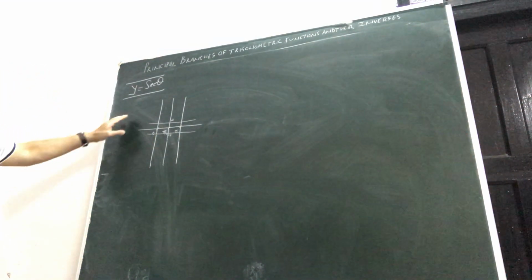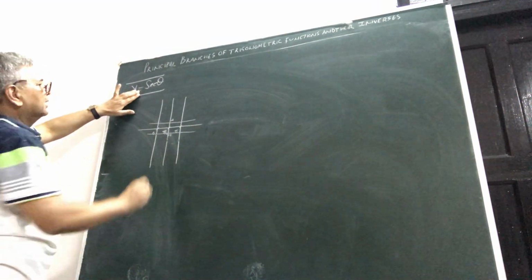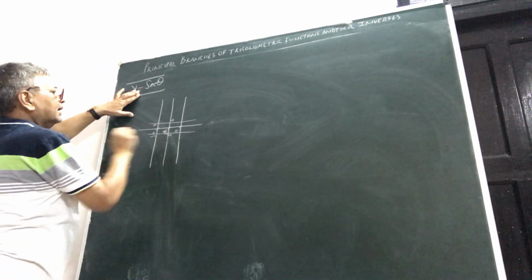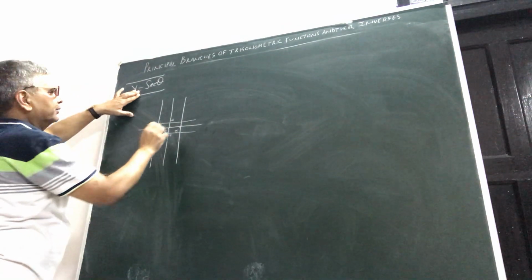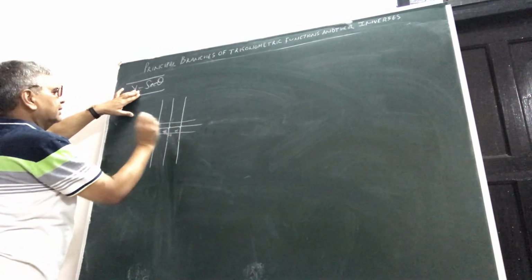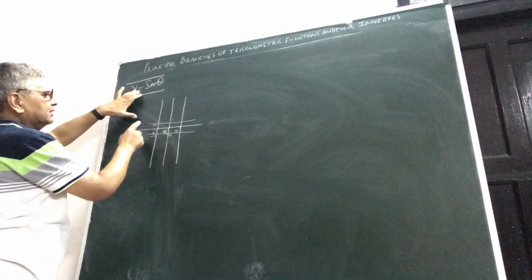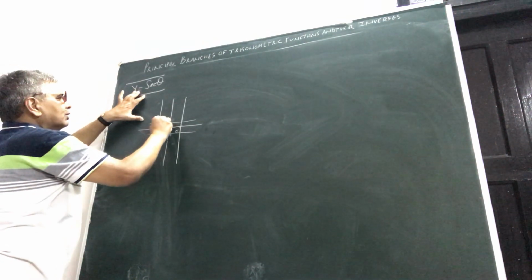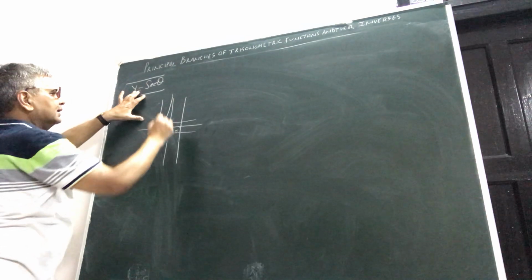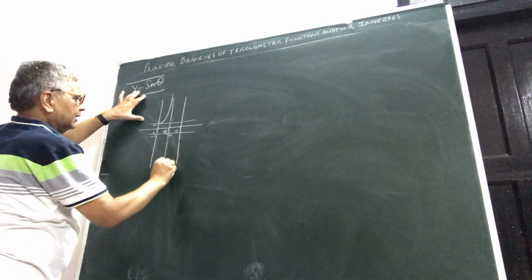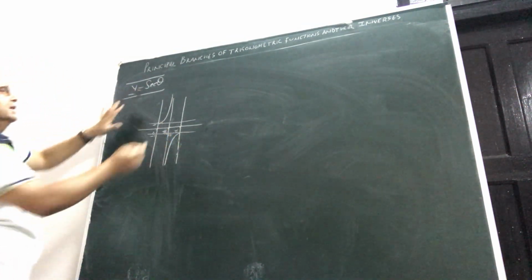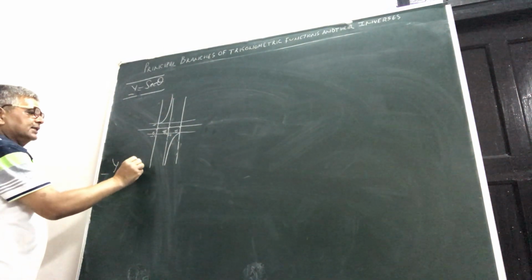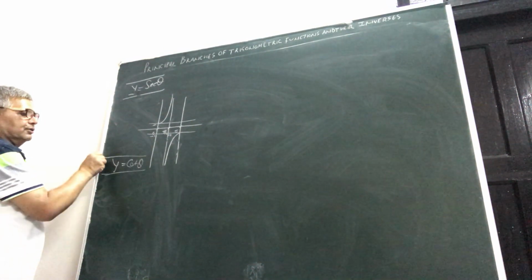Okay, and then see in sec theta what you will do? You will draw this thing, this is plus 1, mind it, and this is minus 1. So what you do here, 0, and this is pi by 2. So you first draw an inverted parabola, like in the minus pi by 2 to plus pi. So it will go like this here, this way. And then see, it will come like this. It will come like this. So this is the curve of y is equal to cot x. Cot theta, cot x, whatever you find.